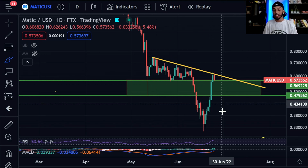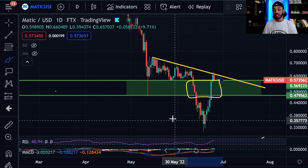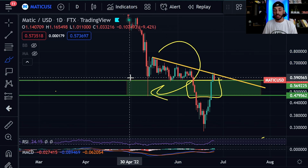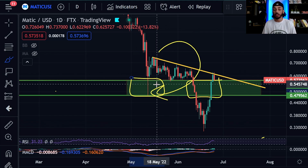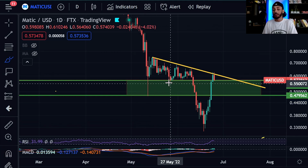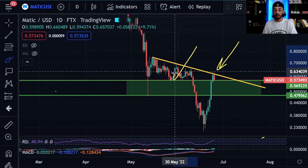Now, let's zoom back and talk about why this zone was so important. The reason this zone was so important was because of what we saw back here. As the market was falling, the moment we lost that 60-cent level, this zone held as the zone of support where all of the bulls stepped in. The bulls started buying and buying, pushing the price steadily up to the upside and confirming it as they stepped in before we even came back into the zone, establishing some support on this